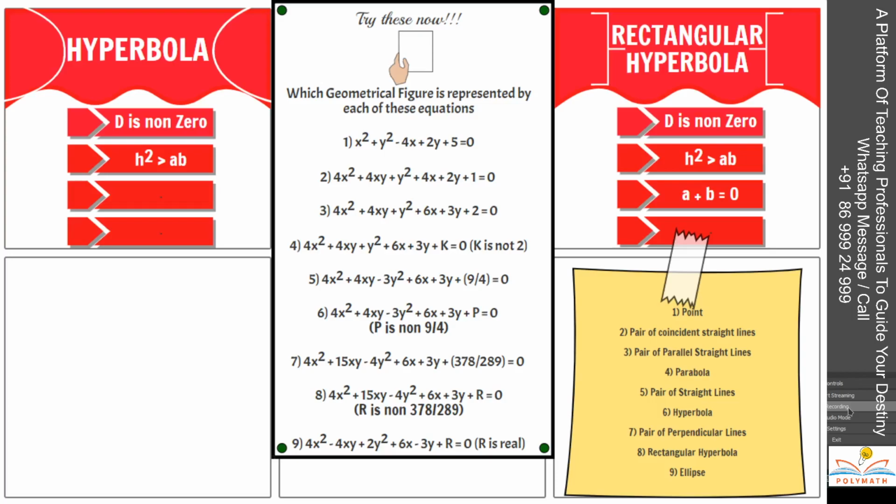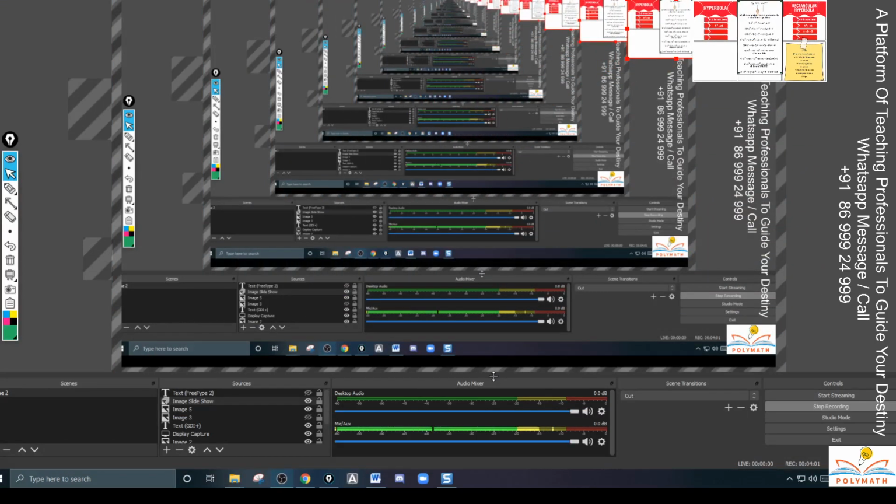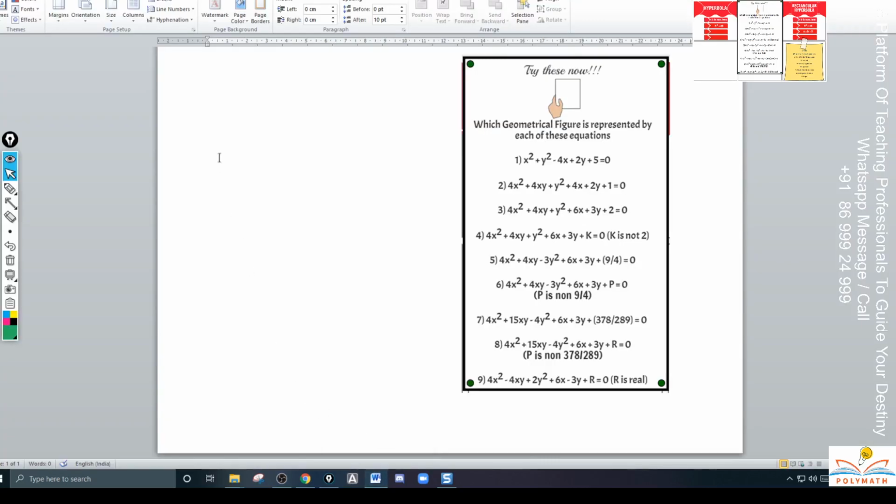Let us see these questions now so that you will have more clarity while answering the questions. I will explain how I formed these questions, by considering what conditions and what concepts, so that it will be very much useful to you while answering the questions in your examinations. Let us see that. If you see the first one,